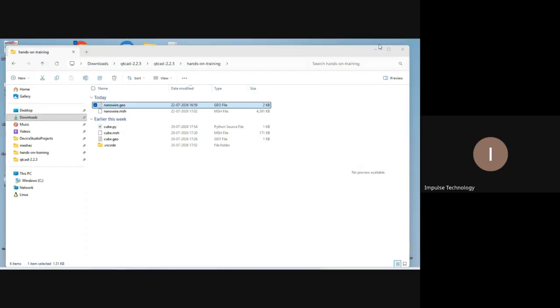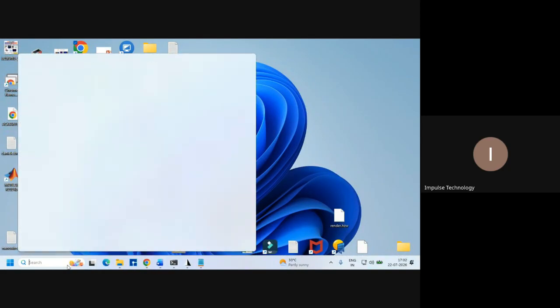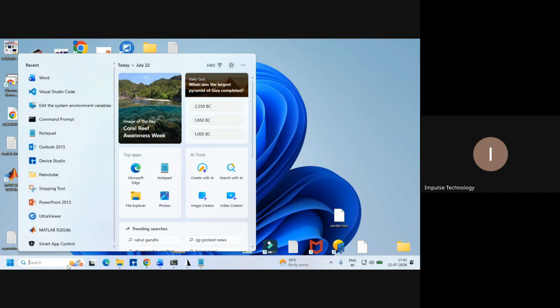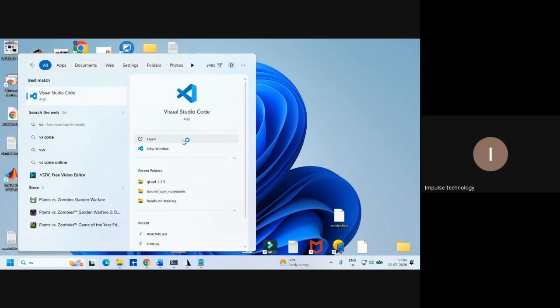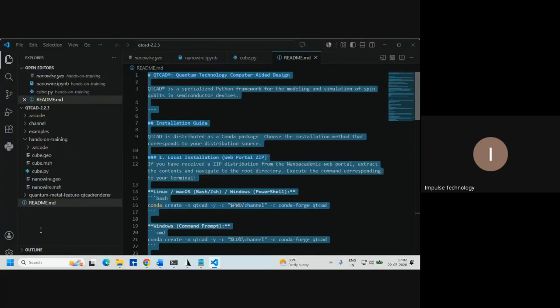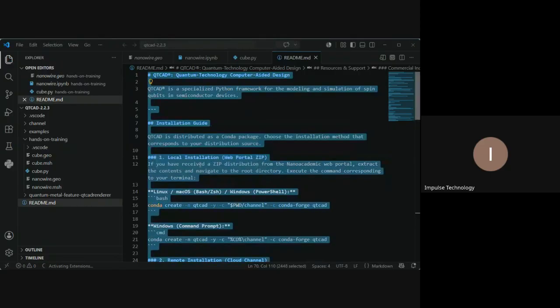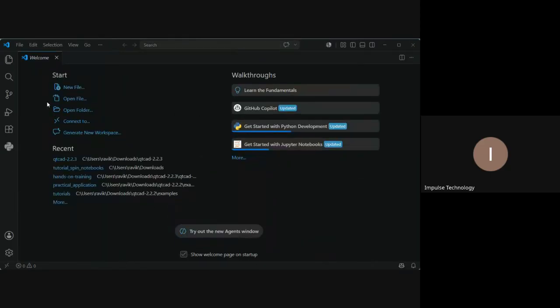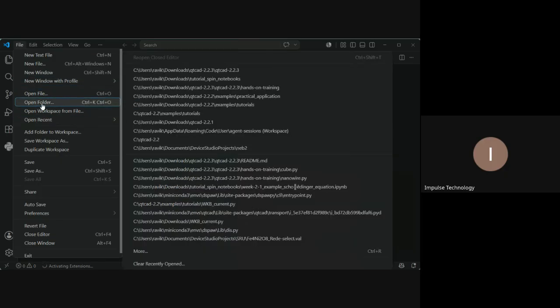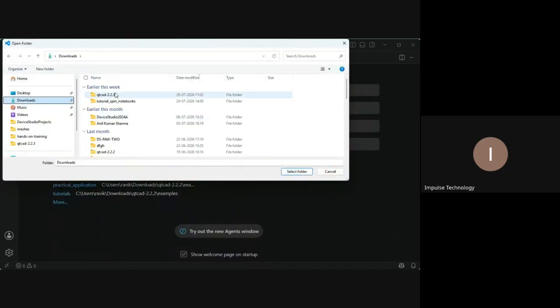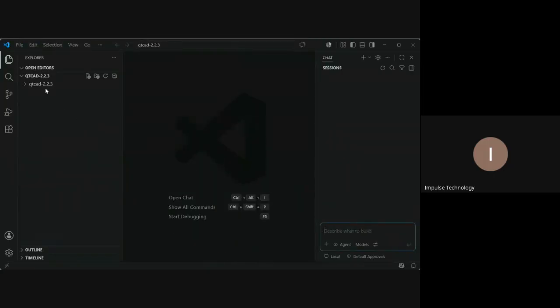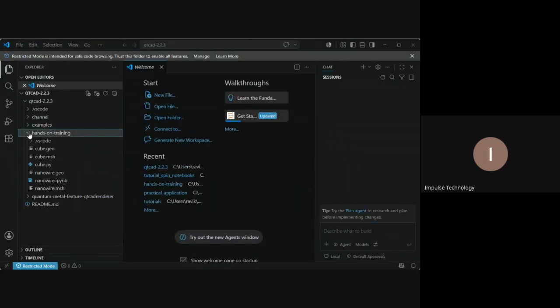And to create a QTCAD simulation, we use two solvers, the Poisson solver and the Schrödinger solver. Open VS Code, and let me open the folder here. File, and let's open the folder. In hands-on training, let's create nanowire dot